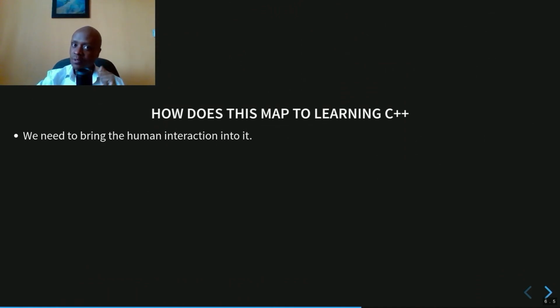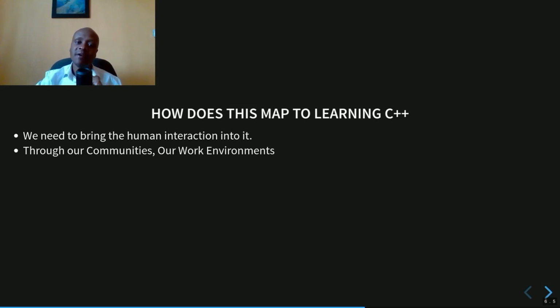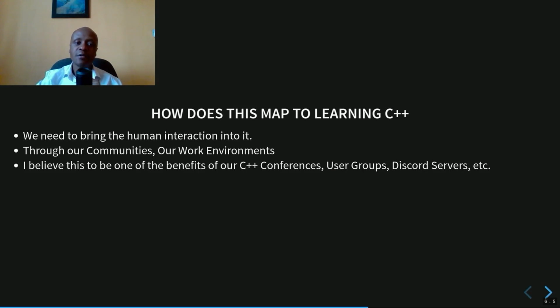So how does this map to learning C++? Well, I think we need to bring more human interaction into it. I know we are doing it through our communities and our work environments, but it's to be conscious of the effect of this interaction. When somebody asks a question, our Twitter interaction, talking on our Discord servers,